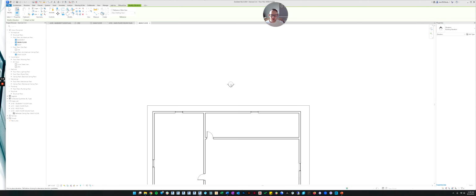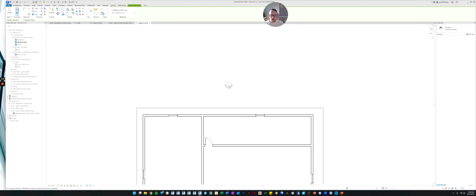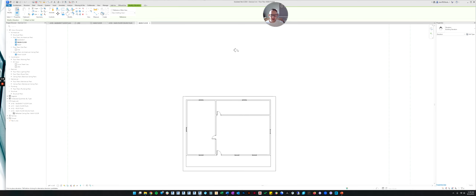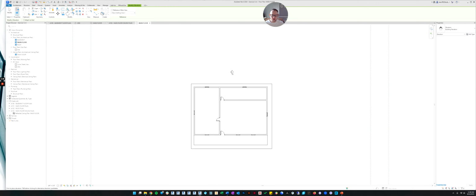Now what's going to happen is you can see when you bring your cursor close to the building, it will automatically point the arrow towards the building. So wherever the arrow is pointing is where the view is going to be looking. So right now, if I clicked the button, the view we'd make wouldn't really show anything because it's looking the wrong direction. So if you hover it near the building, it will create an elevation that looks at that side of the building.